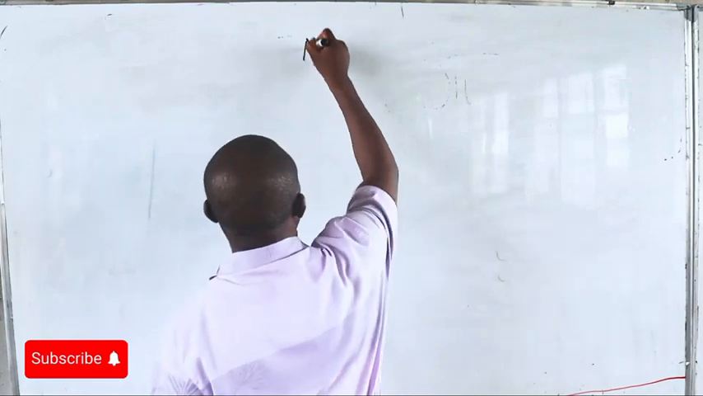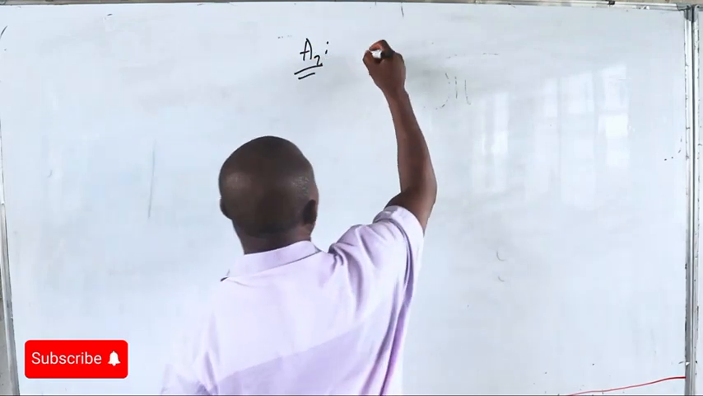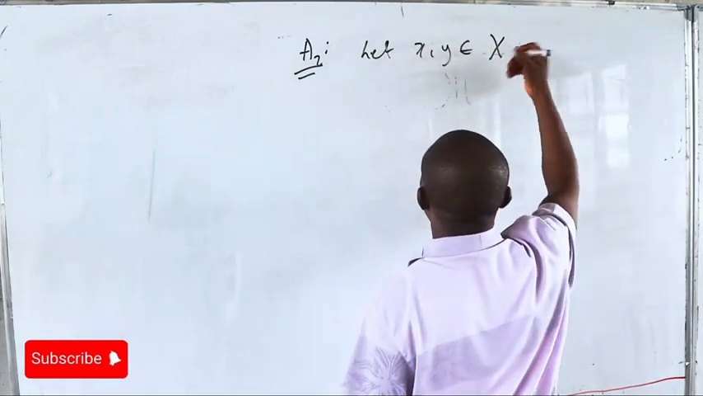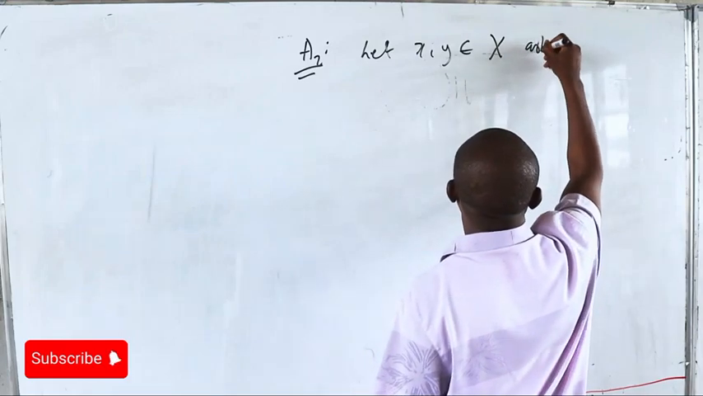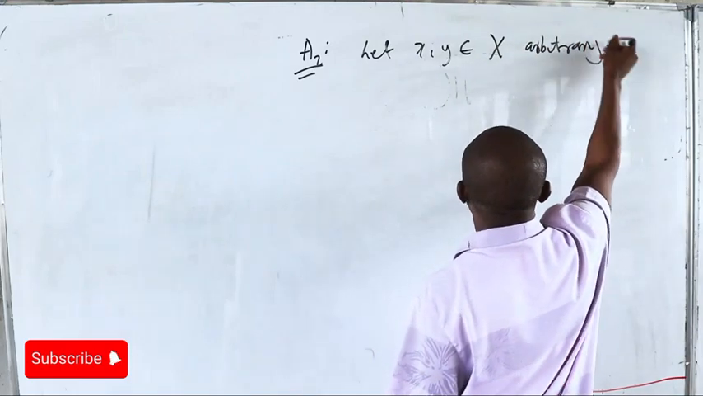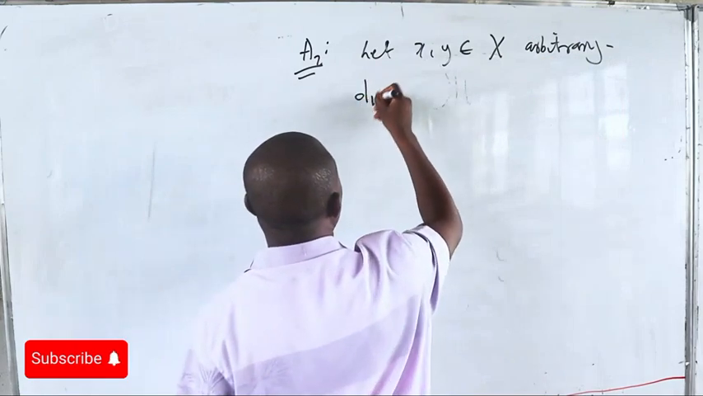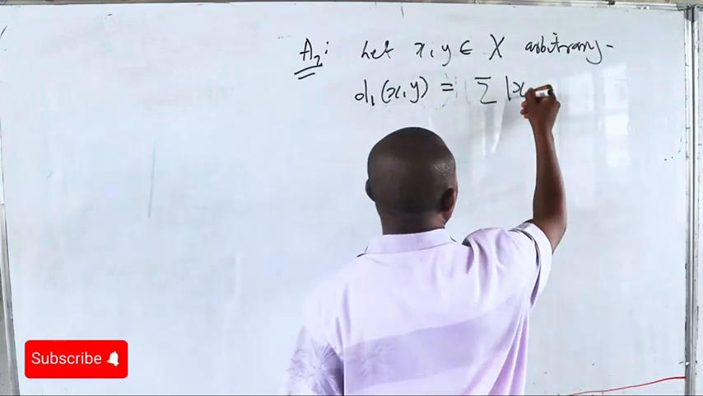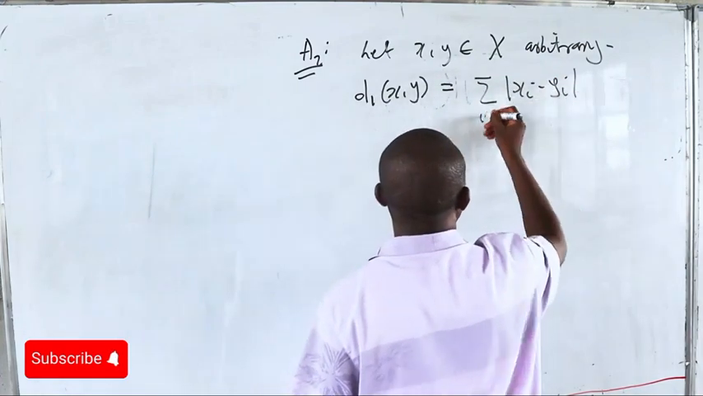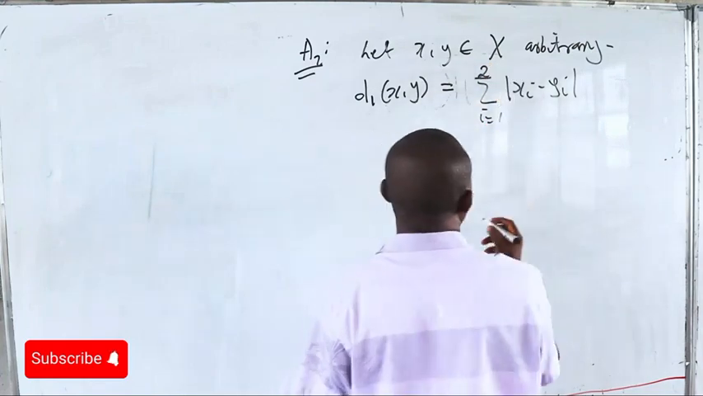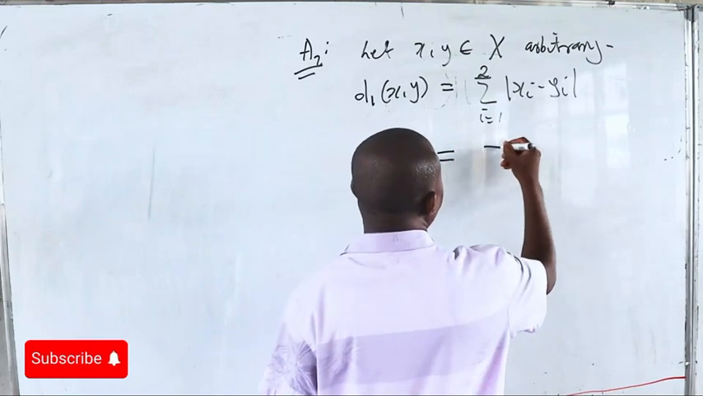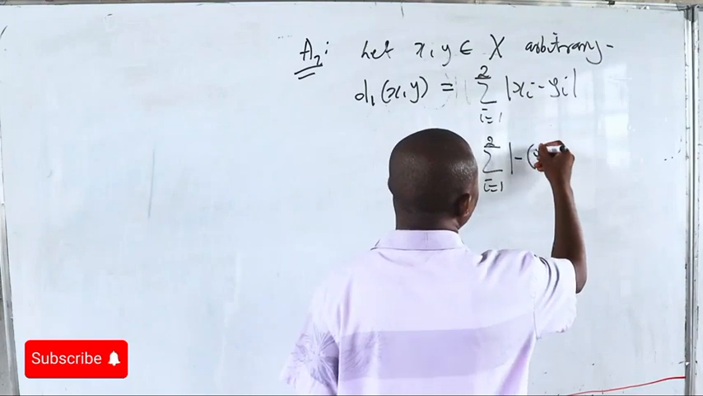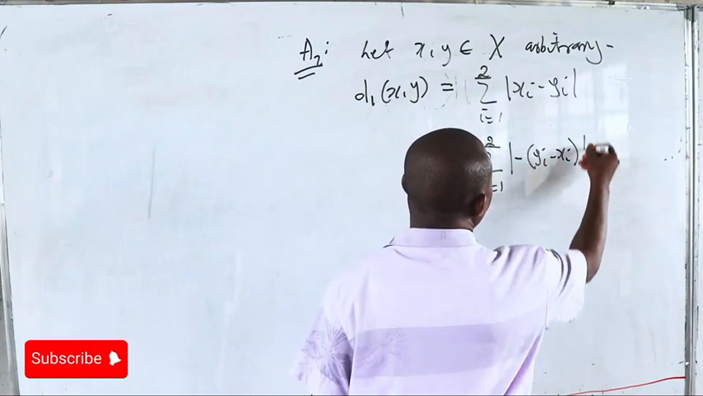For A2, this is also simple. We take x and y in capital X, again arbitrary. d1 of x comma y by definition is the sum of the absolute value of xi minus yi, i from 1 to 2. This we can write as summation i from 1 to 2, absolute value of minus (yi minus xi),